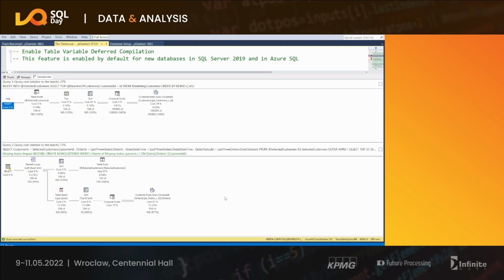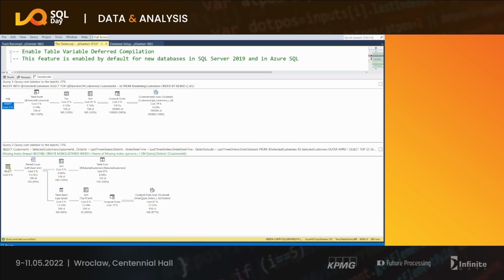Meaning, if we have 100 rows, the square root is 10. So it assumes that there are 10 unique values. In our case, 10 distinct customer IDs. For each customer ID, there are 10 rows. Okay? If we had, for example, 400, it would use the value 20 for that matter, and so on and so on. Okay, so in this case, it says I assume there are 10, and